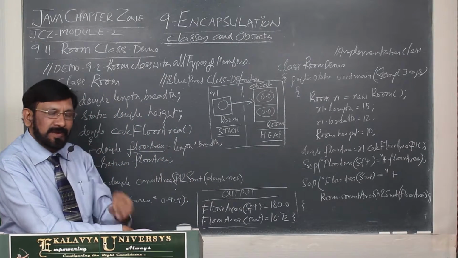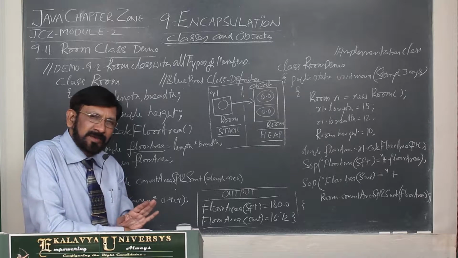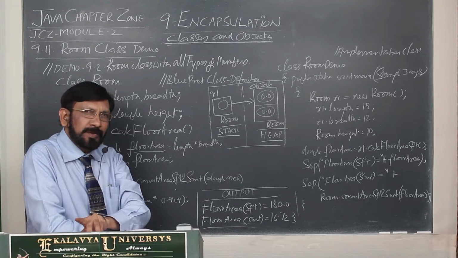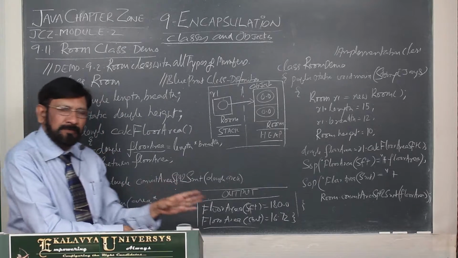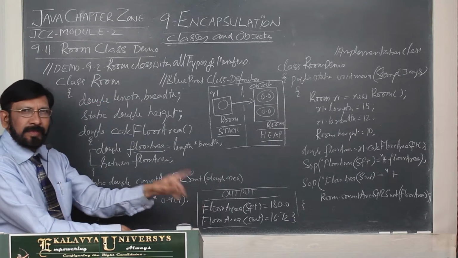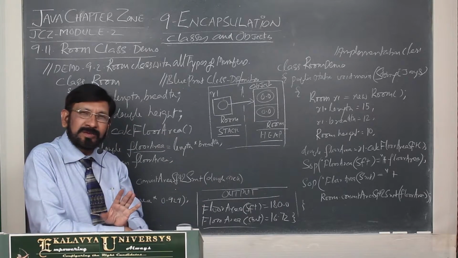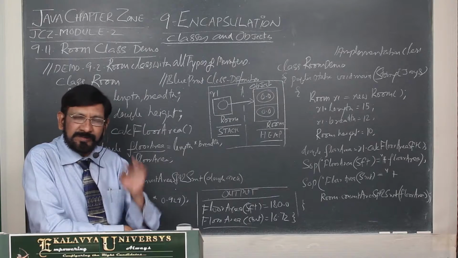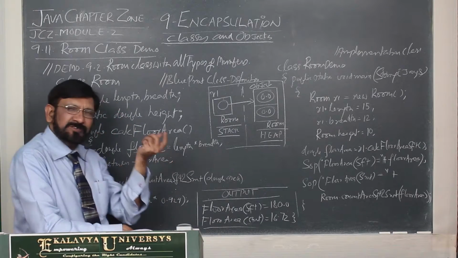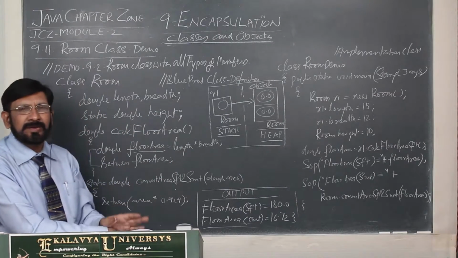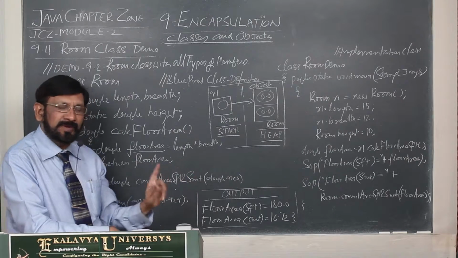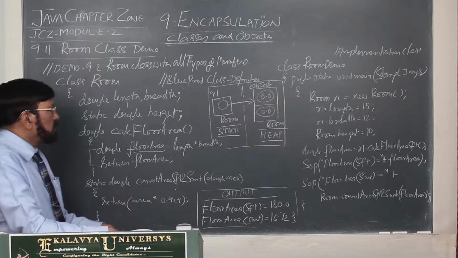When you have conceptual understanding, perfect conceptual understanding, then you can have clarity. That's why I'm telling you, without studying concepts, don't come to applications. If you come to the application directly, you may perform and you may get a result. Just you remember and do that. But it is not a permanent thing. You cannot own it. That's why first you should have a clear idea of why static method, why instance method. That's why I am spending this much time to explain each and every concept meticulously.